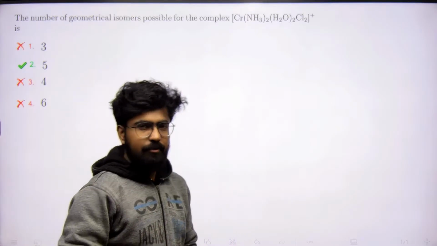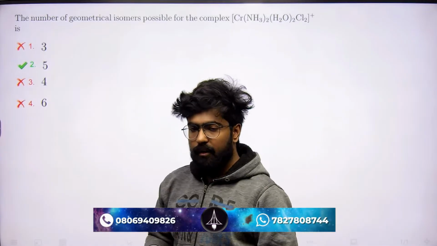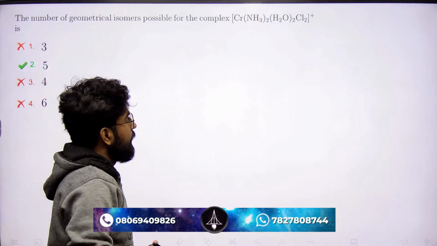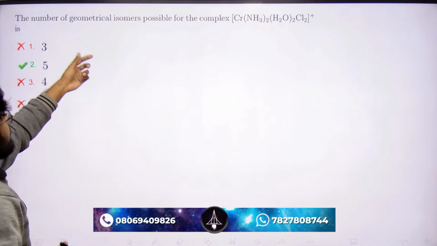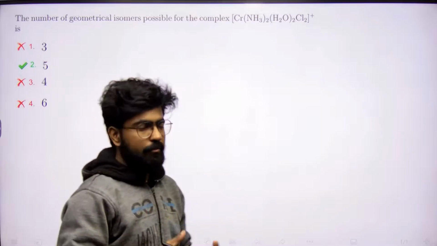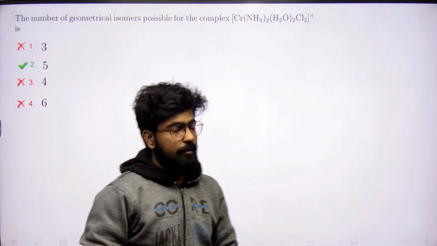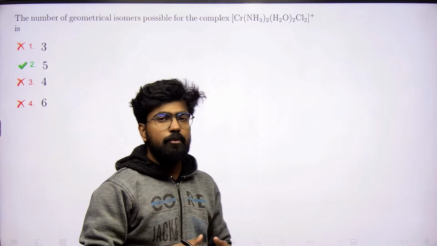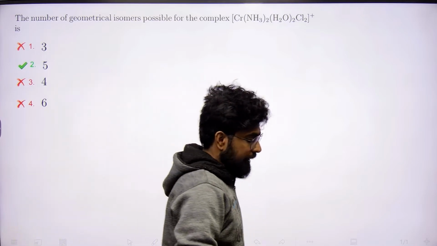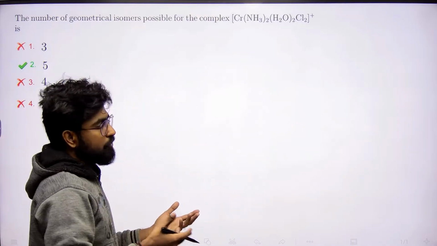Today we are going to discuss a very interesting question that was asked in NEST 2024. In this question, we have been given an octahedral complex, a chromium complex, and we have to tell how many geometrical isomers are possible for this particular complex. This type of question can seem very confusing and can be very lengthy to solve, but if you know the right way, which we will see very soon, you can solve this question in 2-3 minutes, right?